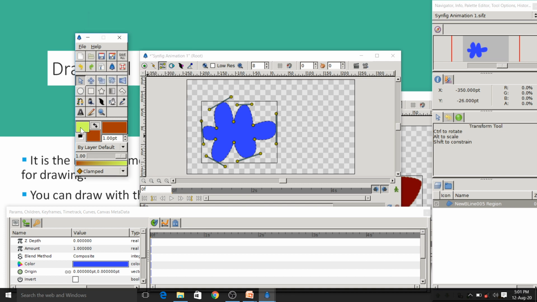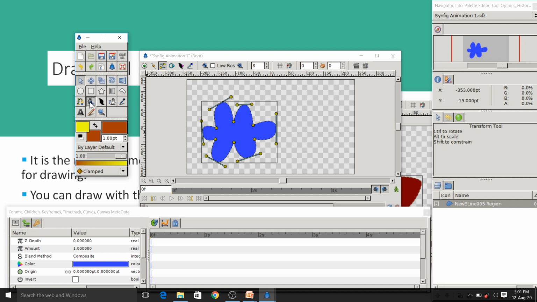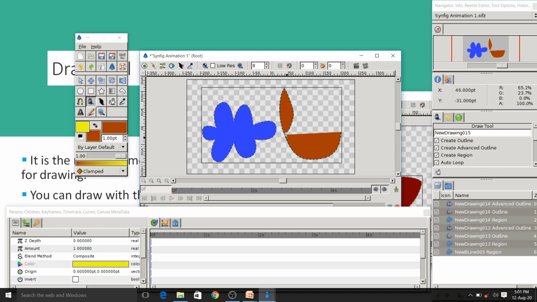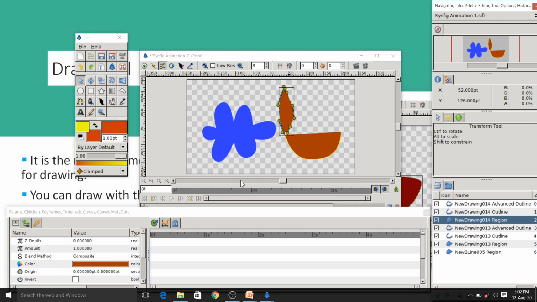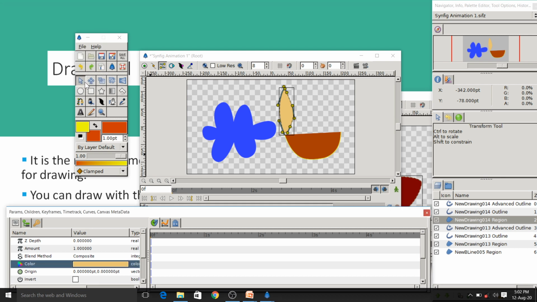And then here I will change. Now I will use the draw tool to draw a lamp. Here I will draw something like that. We can change the color whenever we need it. Suppose I want to change the color of this one. Here I have to select this region and then change it from the parameter panel. Like this I have to do something. You can see the changes here. Fine. So the draw tool is done now.